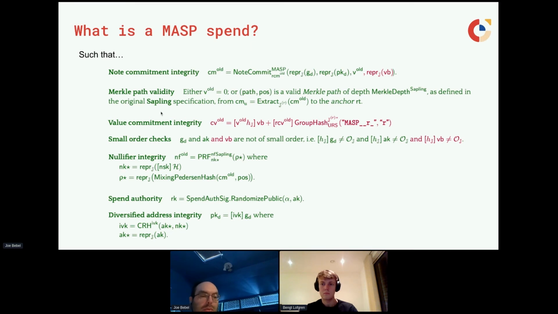We can, for the most part, ignore almost everything. I've highlighted in this purplish color what has changed. All we have to do is add this asset generator to each note, and it becomes now a typed note. It doesn't just represent value in some implied single asset, but notes can actually have value and a type. And then not much else really changes, except that